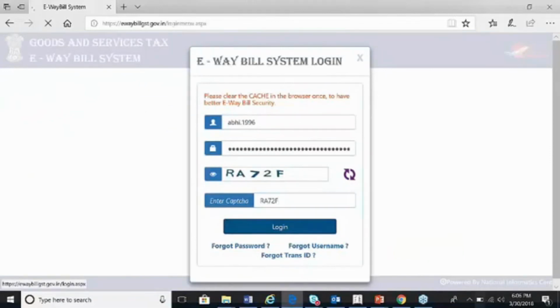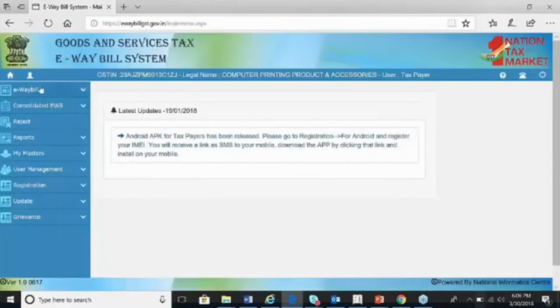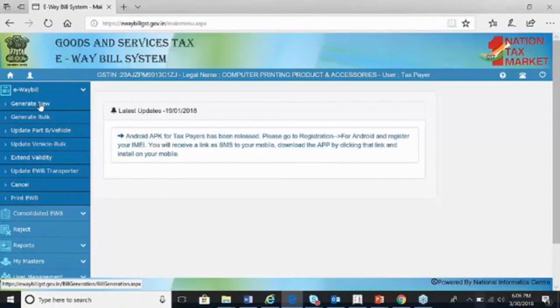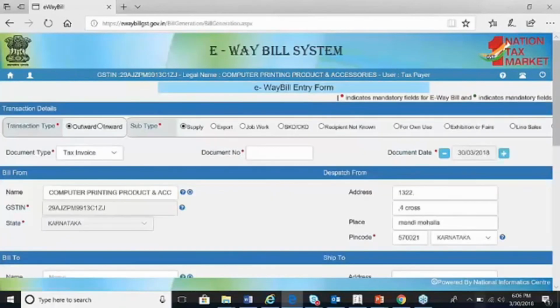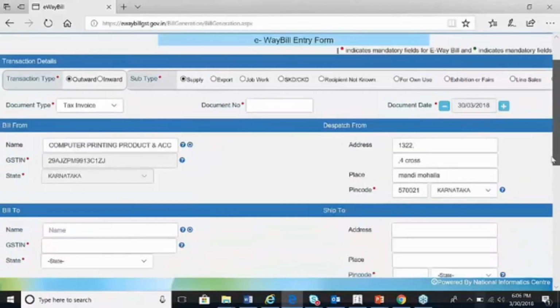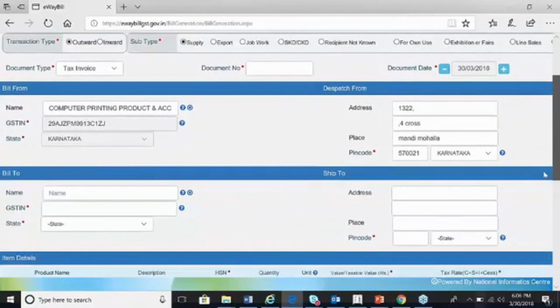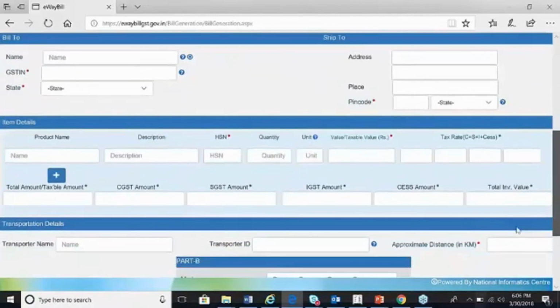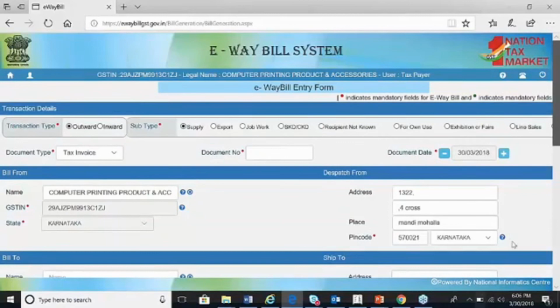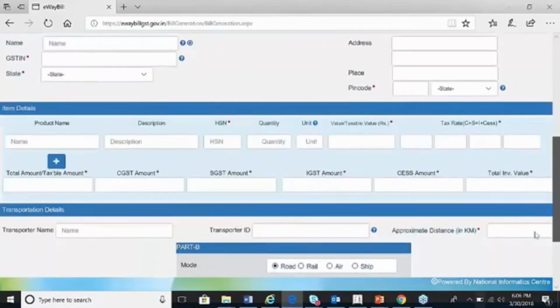So let us log in through one of the login credentials. Once you have logged in, you can see on the left hand side we have certain menus which are easily accessible. E-way bill. Let us just click on generate new e-way bill. I just want to show details which the department is asking are already provided in Tally as and when you enter the transaction. The first part is the transaction details, from and to billing addresses, item details and transportation details. All these details are fetched through the invoices and the subscreen we provided, and our e-way bill information is intact in the transaction itself.